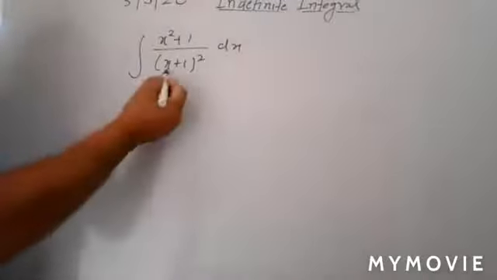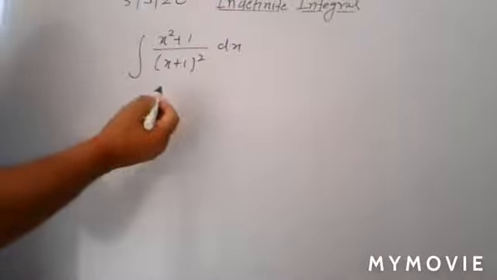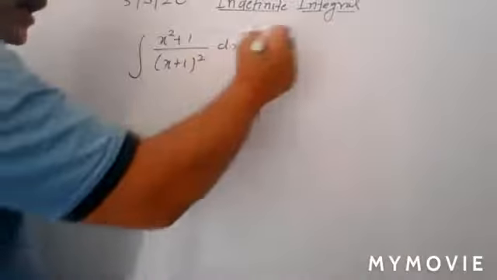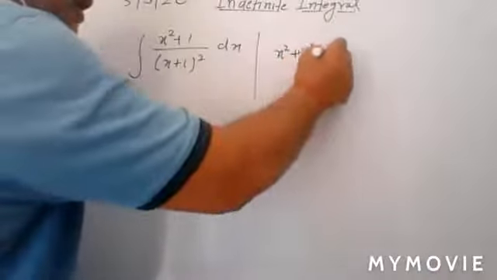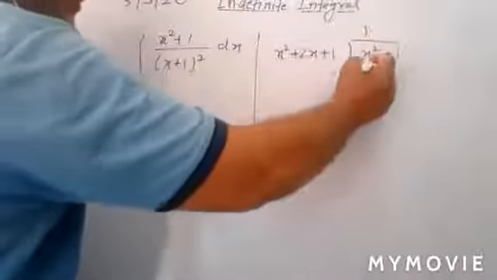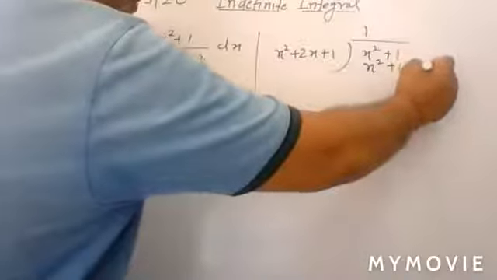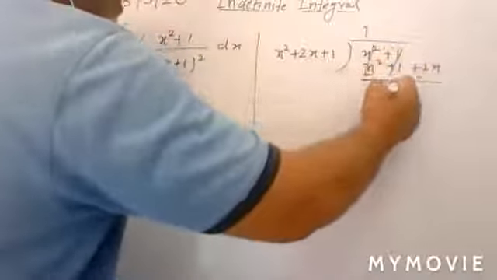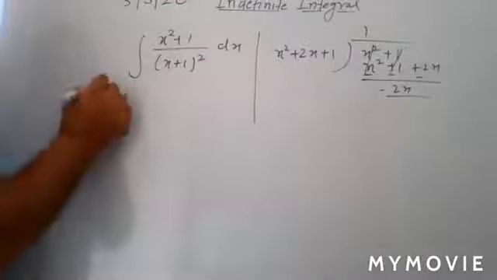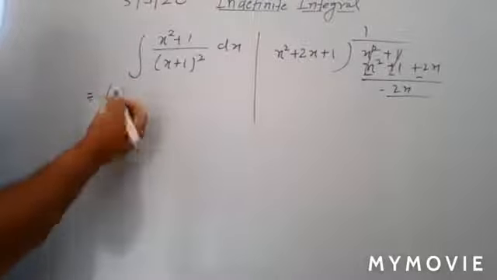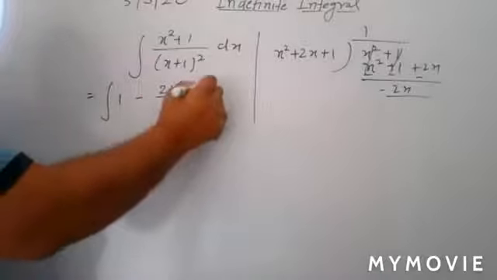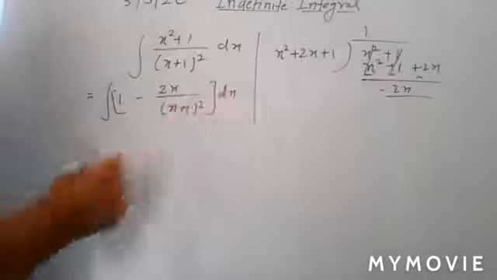Either you divide, or sometimes it can be balanced easily, okay. If you get such a problem, do it as rough work. Expand the denominator: x square plus 2x plus 1. Here you have x square plus 1. That goes 1 time, so x square plus 1 plus 2x. Now subtract it. That cancels, and you have remainder minus 2x. Minus 2x is your remainder. So in that case, you have 1 time and minus 2x upon (x plus 1) whole square. So that is your result.